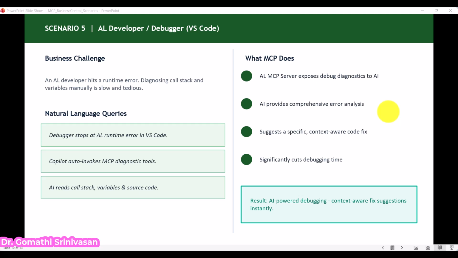Step one, the debugger stops at the AL runtime error in Visual Studio Code as normal. Step two, GitHub Copilot automatically invokes the MCP diagnostic tool. Step three, the AI reads the full call stack, variable values, and relevant resources, all in context. Then it provides a comprehensive analysis of what went wrong and suggests a specific, context-aware fix right there